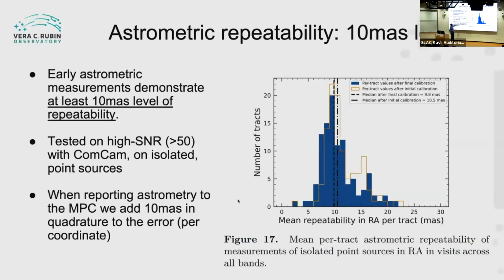10 milliarcseconds is the number that we therefore add in quadrature to the error when reported to the Minor Planet Center. So if you look at what we report to the Minor Planet Center and the numbers in our database, you're going to see that the error numbers are slightly different. That's because of this addition, to faithfully represent to the Minor Planet Center how accurate our astrometry is. To give you a sense of scale, typical astrometric accuracies in this work are much higher, a factor of few better than 10 milliarcseconds. So this is going to be remarkably good for